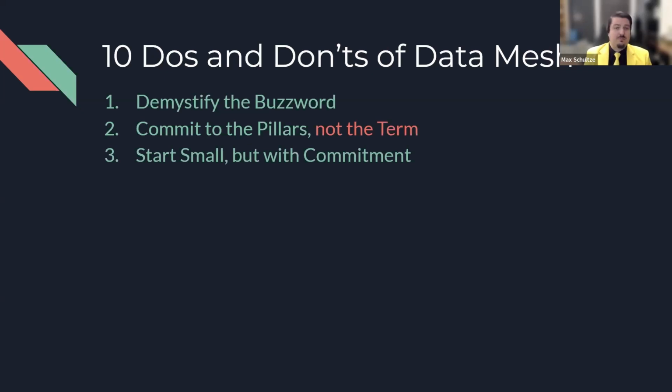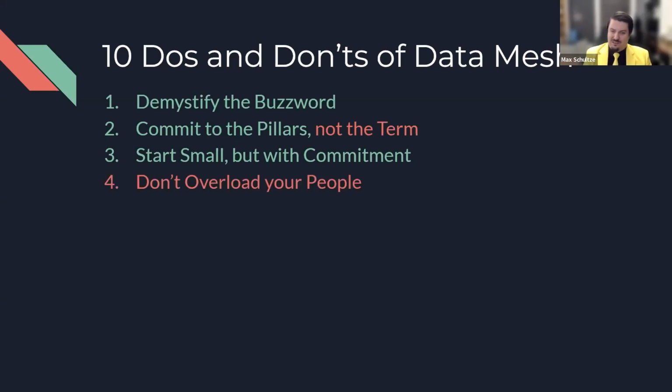Number 3, start small, but with commitment. Find a good team that is actually capable of building a data product MVP and have them learn how to do that. Have them make mistakes, have them figure out things, find the use case that is valuable, that allows you to prove that data mesh can add value to your organization. But also do not use a business critical one right from the start, because you might be doing number 4,